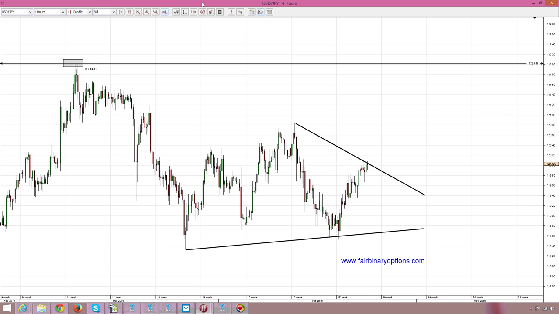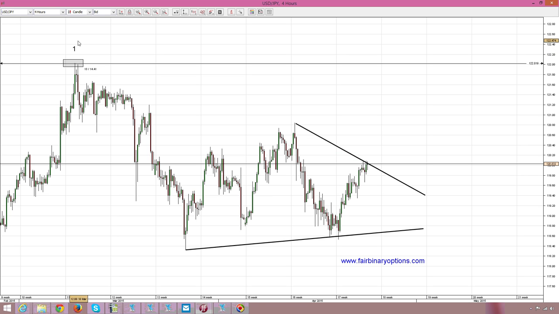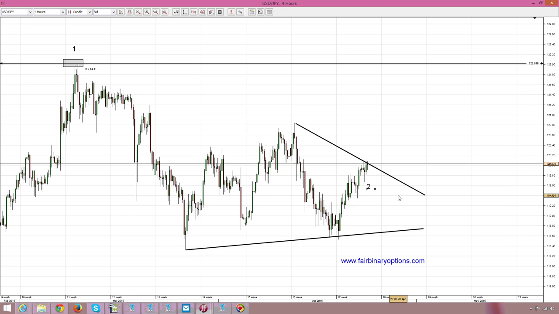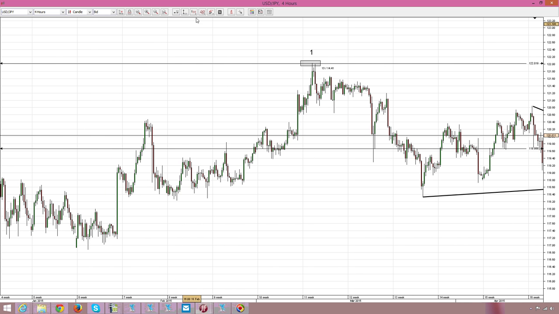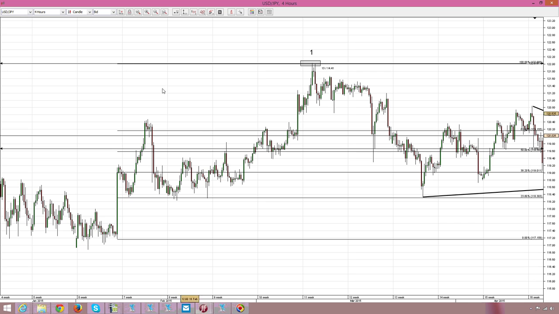And we can say that from an Elliott waves point of view and from a rising wedge point of view, this is the first wave, and now this is the second wave. Well, if this is the first wave and this is the second wave, then definitely we need the third wave to the upside. But in a rising wedge, the third wave is always approximately 61.8% of the length of the first wave. So we take a Fibonacci retracement tool, we measure the length of the first wave, and we take 61.8 out of it,